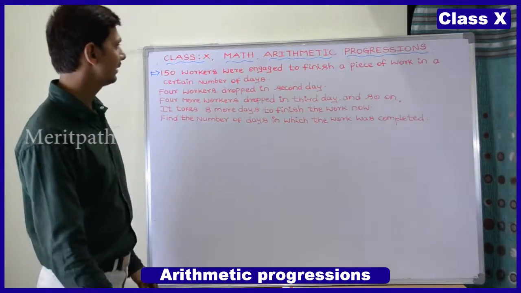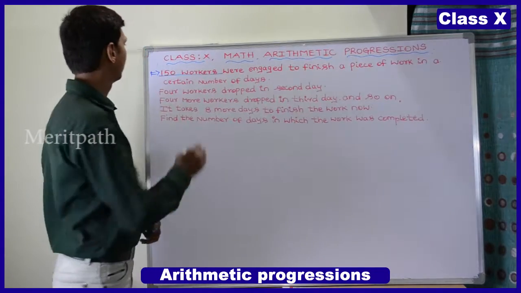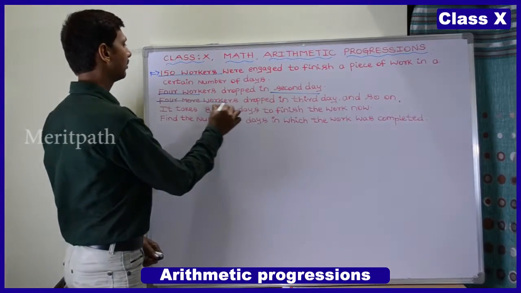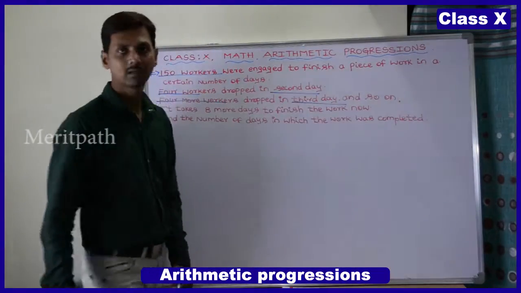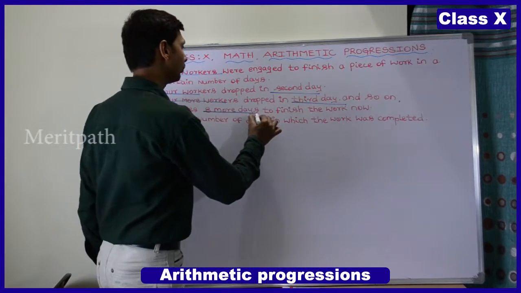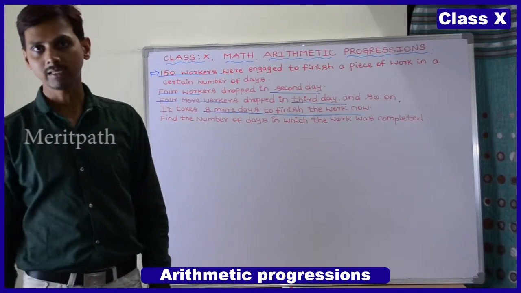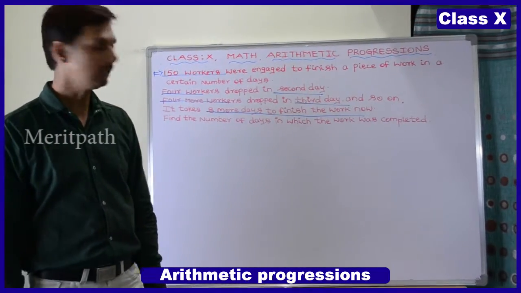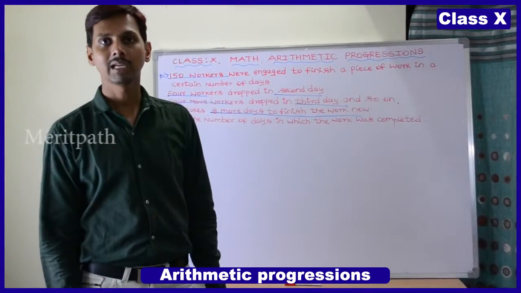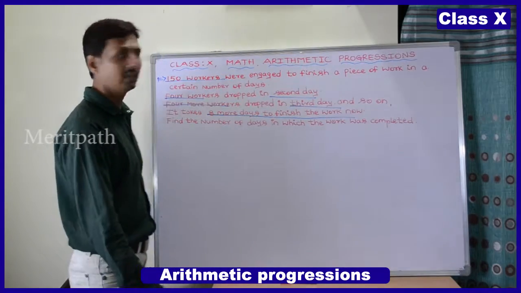So let us see again. There are 150 workers. 4 workers leave on the second day, 4 more workers leave on the third day, and so on. It continues. If it takes 8 more days to finish that particular work, we need to find out how many days they have taken to complete that work. So here,